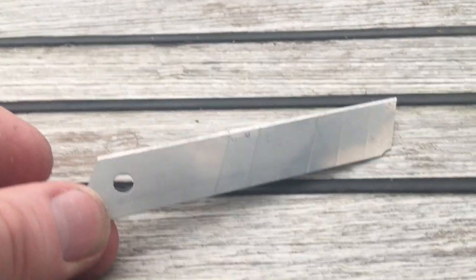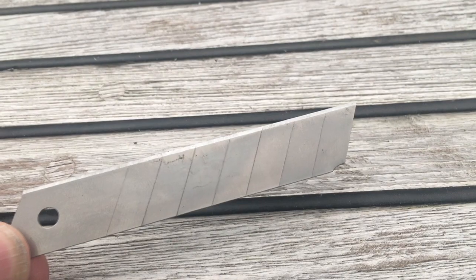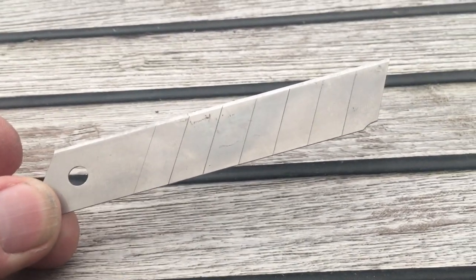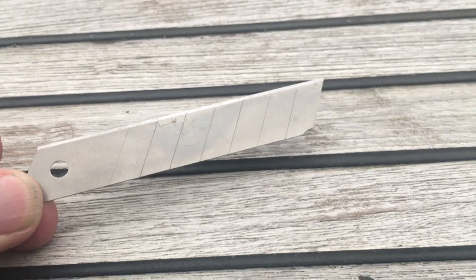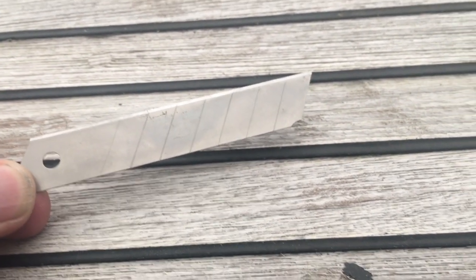I'm using a cheap blade from one of these knives. I think they're £1.50 from B&Q, and it's the type where you snap bits off, but I take it out. So you've got to be handy with this kind of thing, because this is going to cut your fingers if you're not careful. So I'm going to give the camera to Audrey and I'll show you the technique I'm using to get this